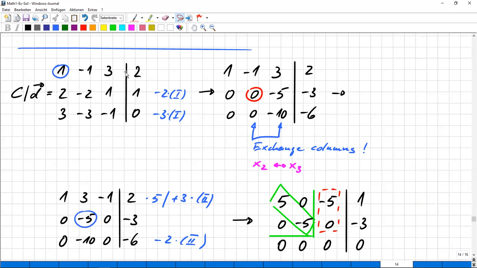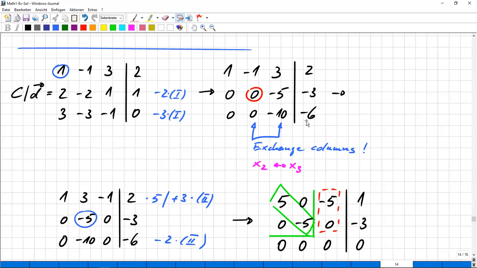Oh, I'm sorry, I must go here. This is my working row. 3 minus 3 times 1 is 0, of course. Minus 3 times minus 1. Now this time, minus 3 plus 3 is 0 again. And minus 1 minus 3 times 3, so minus 9, minus 1, minus 9 is minus 10, that's okay, and 0 minus 3 times 2 equals